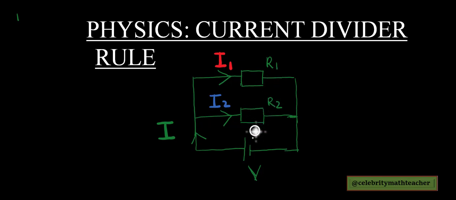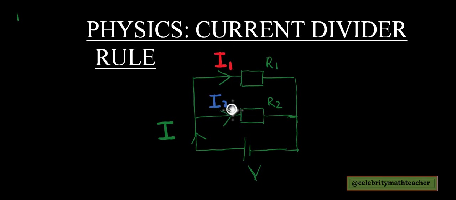Now, if you remember the rule for the flow of current, once current is coming from an EMF source and it gets to this junction or node, it branches off into two. One goes up, called I1, the second one goes this way, called I2. So we can be given the current. Let's say the current coming from this EMF is 15 amps, and these resistors R1 and R2 have values. You can quickly use a formula from the current divider rule to help you calculate either the branch current I1